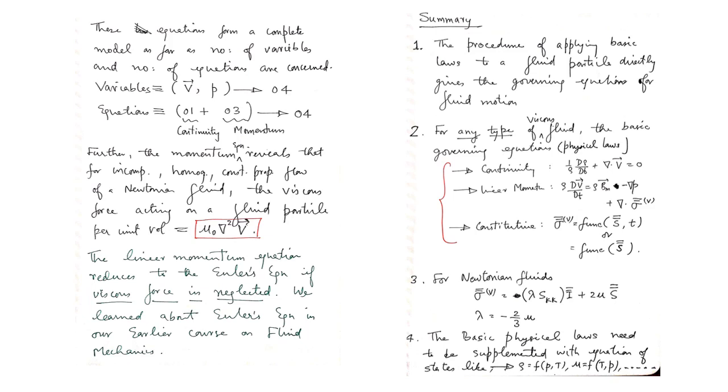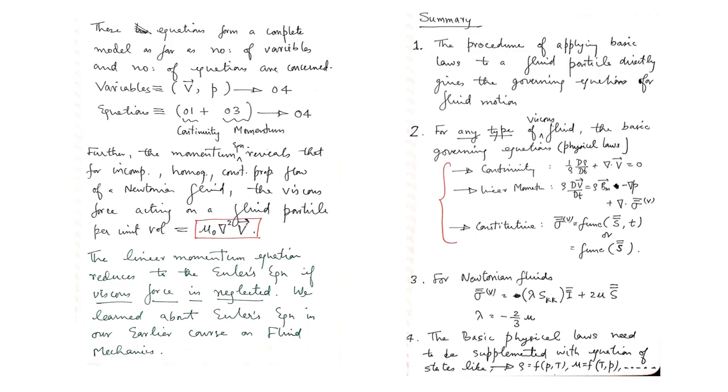Okay, so however many equations you are going to write for any viscous fluid flow model, the number of equations should match with the number of variables that occur in those equations. So let us now check what is the situation as far as the incompressible, homogeneous, constant property model Navier-Stokes equations are concerned. If we look at the Navier-Stokes equations in primitive variables, there are four unknowns, four variables: one pressure and three components of velocity vector. So these are four variables.